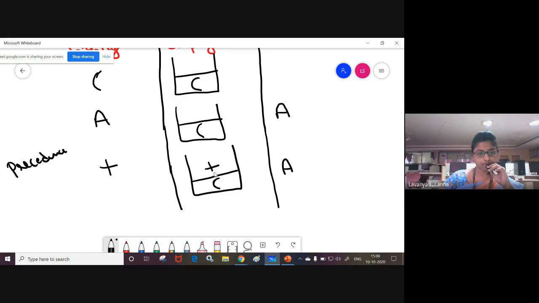Okay, students, please note down. Actually you need to compare. If you got an operator, you need to compare the precedences, but here you got an open bracket. If there is an open bracket on top of this stack, you need to compare the element on top of this stack. There is only one element in this stack. What is that? Open bracket. If you got an open bracket, you need to push, don't compare, push it. Push means insert. Insert the plus symbol inside the stack. Okay, next.